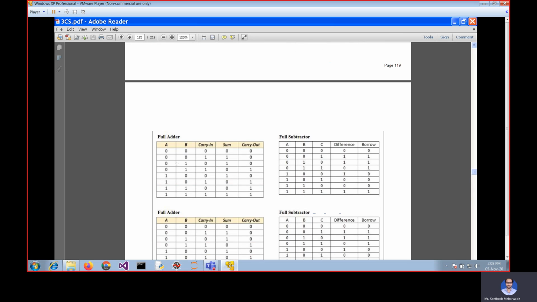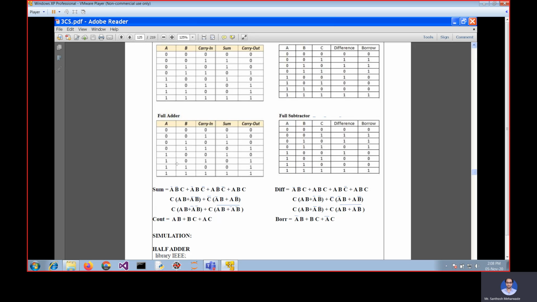Next, with respect to the full adder, you can see here the sum equation and this is the carry out of the full adder. The next one is the difference for the full subtractor and the borrow for the full subtractor. These equations we are going to use in our simulation part.